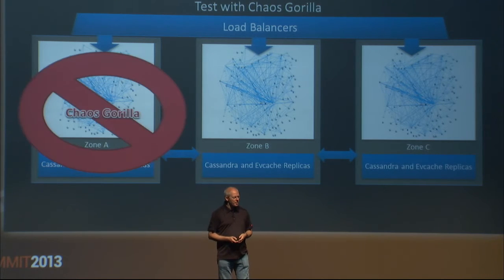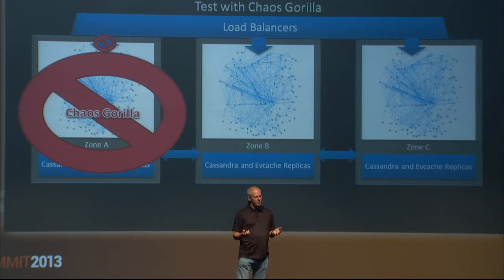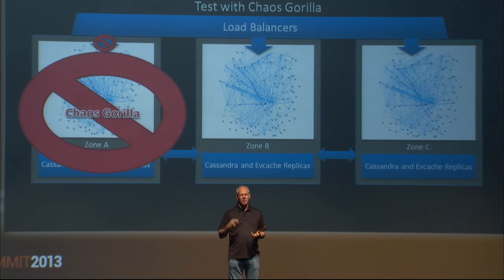We test this with Chaos Gorilla. We do this every quarter. We kill 1/3 of our infrastructure in production just to see if it survives. We did this a few months ago and found a few bugs, but it didn't take the site down. The response to losing a zone is to turn the load balancer off so we're no longer sending traffic to it, and everything keeps running on 2 out of 3. Because we're using quorum, 2 out of 3 works. This has happened multiple times, and this is the basic Chaos Gorilla test we run every quarter to prove that we can still do this.